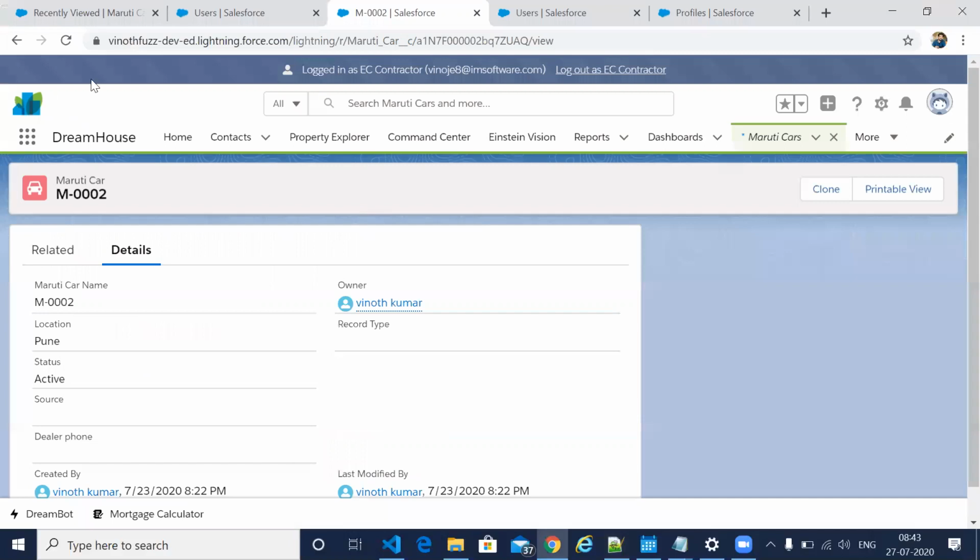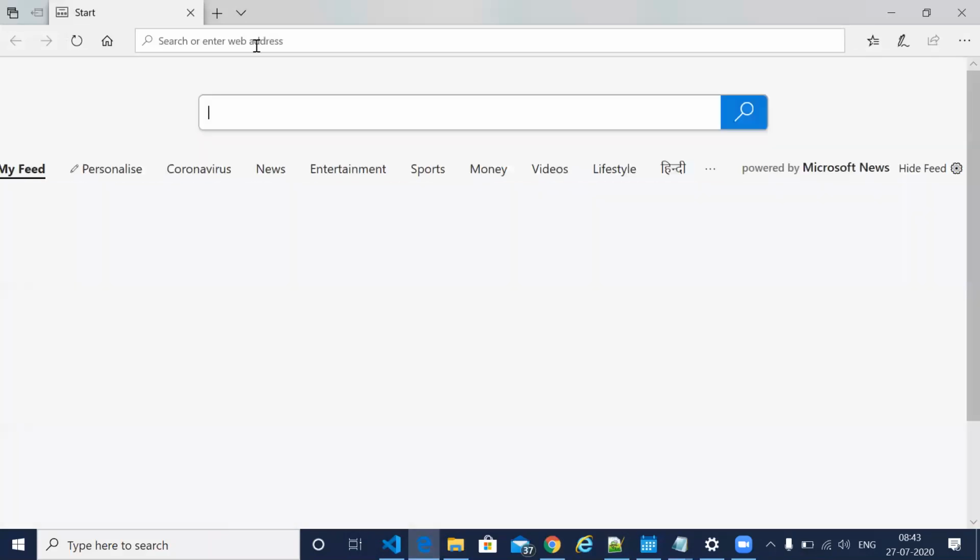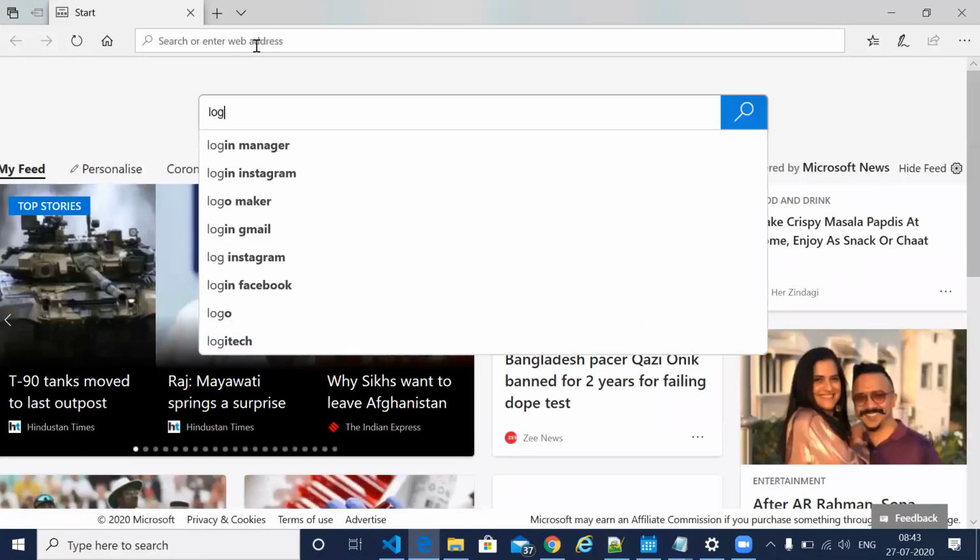So the only problem is I need to log in again. Let me do it with a different browser. So I need to log in again.